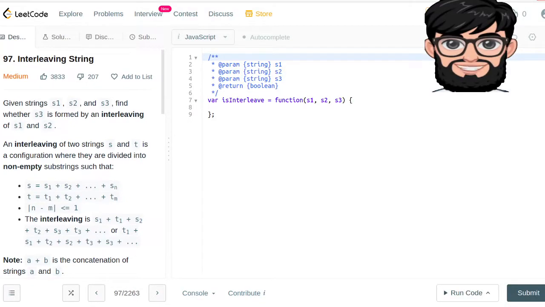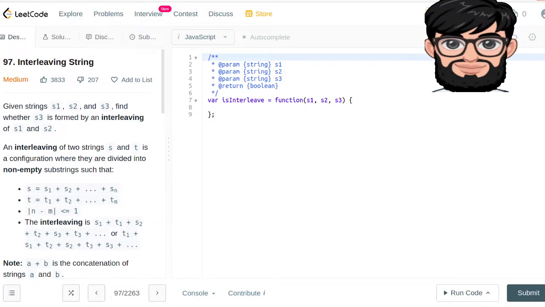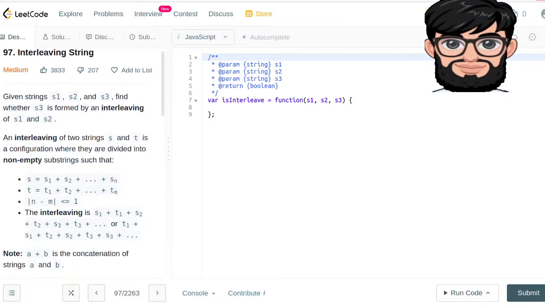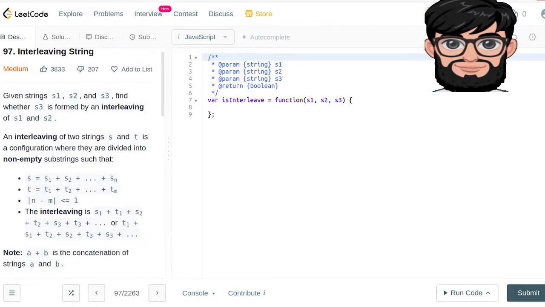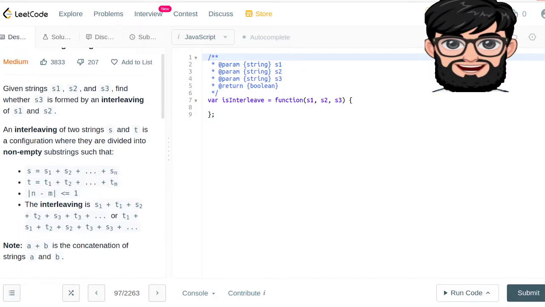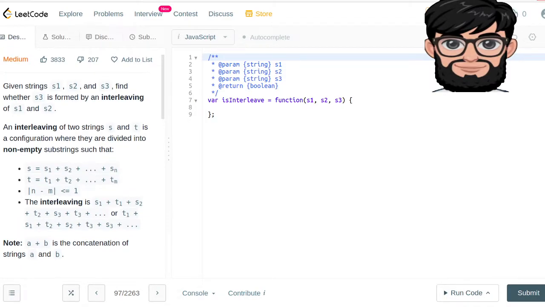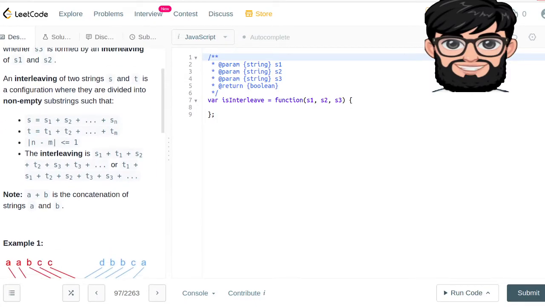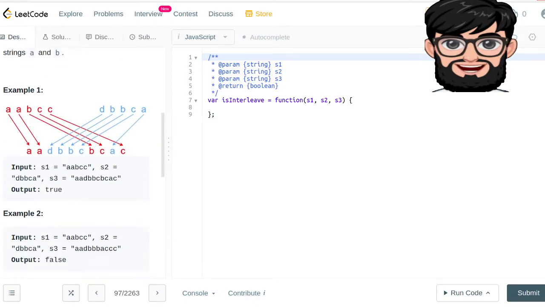Today we're going to be working on LeetCode question number 97, Interleaving String. Given strings s1, s2, and s3, find whether s3 is formed by an interleaving of s1 and s2. An interleaving of two strings s and t is a configuration where they are divided into non-empty substrings such that this one. So basically, if you have been given aabcc and s2 is